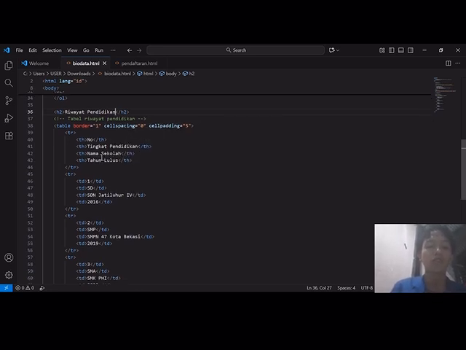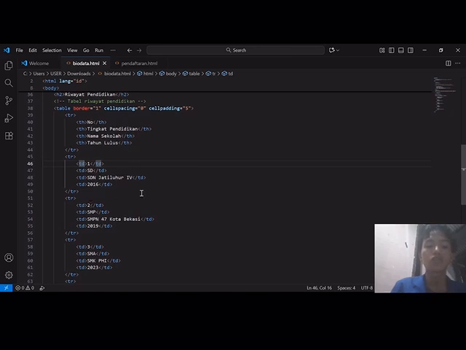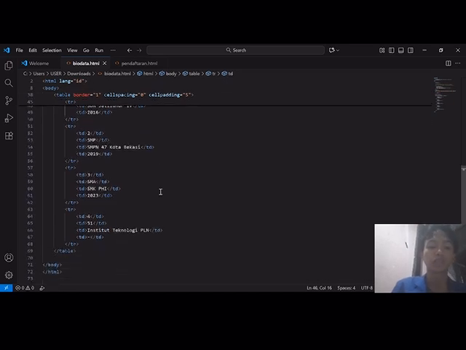The first row of the table contains column headings using the th element, namely number, education level, school name, and graduation year. The subsequent rows use the td element to fill in educational data from elementary school, middle school, high school, vocational school, to university. Each row contains the student's serial number, education level, school or institution name, and graduation year.